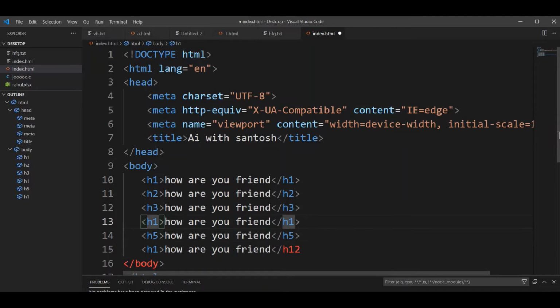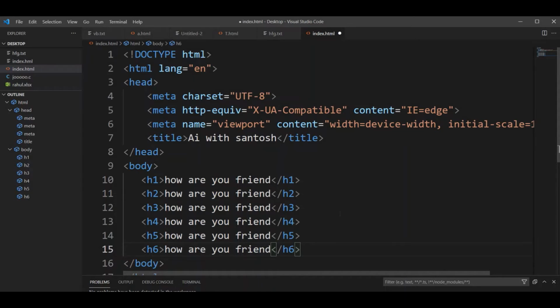Now we will change to the h4 tag, and we will change to the h6 tag, h6.